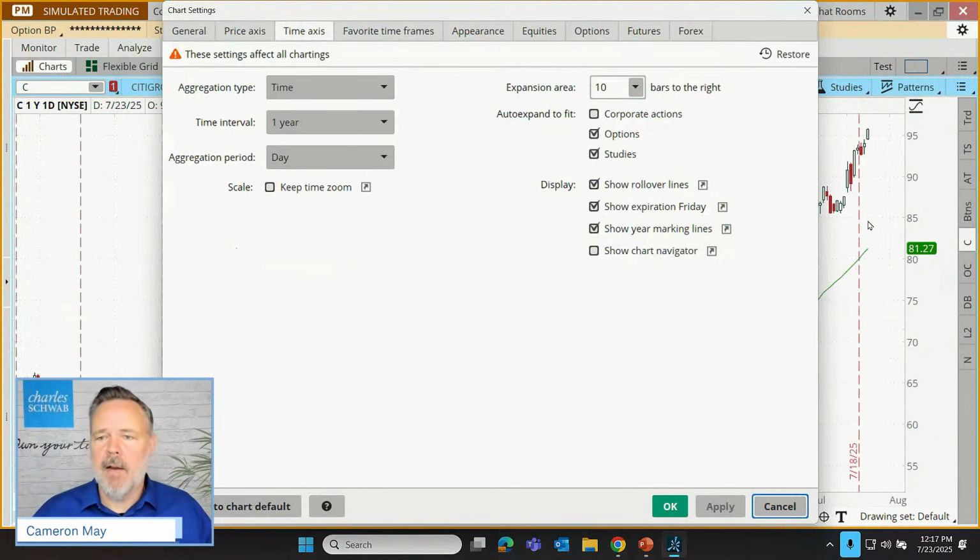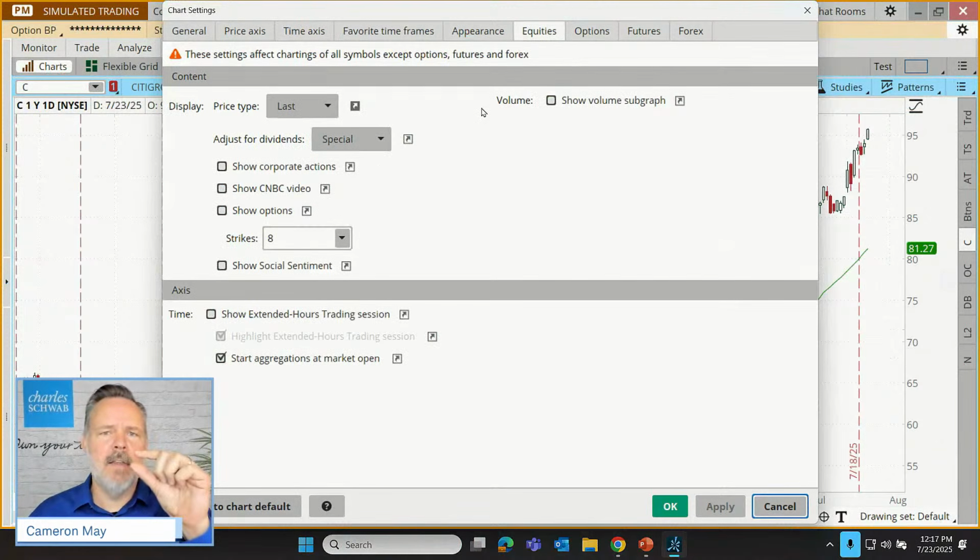I can click Apply here, and we see this most recent one was July 18th. Now, another thing that some traders like to see are the little icons that will tell us when an earnings announcement is upcoming, if there's been a recent stock split, those sorts of things that are known generically as corporate actions, actions that can be taken by a corporation that can affect stock prices.